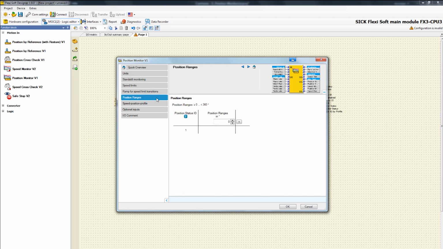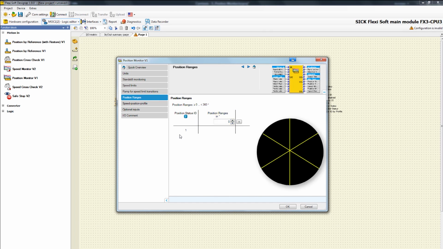In this field you can type your desired position ranges. Just imagine the following situation. On an encoder there is a counting surface with 6 fields, which all have the same size. That means each field has 60 degrees. Therefore, we have to configure 6 position ranges. By clicking the plus button, the defined position range is saved. In this way, up to 62 position ranges can be configured.